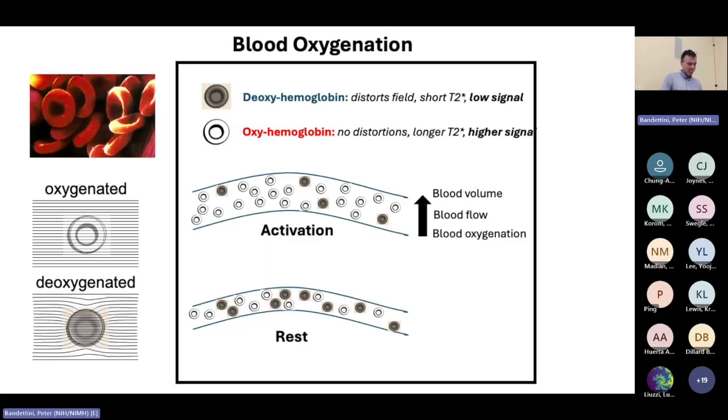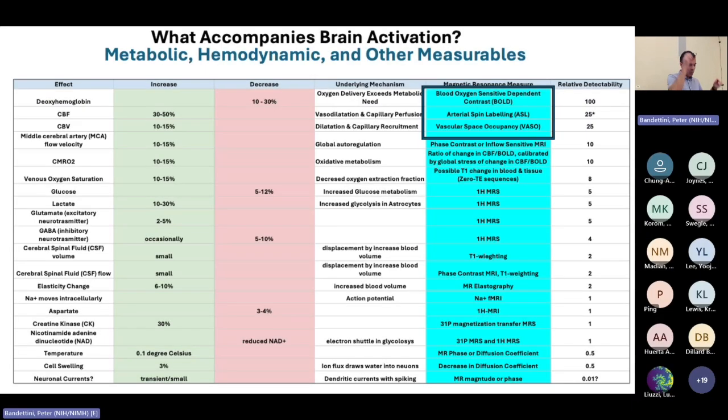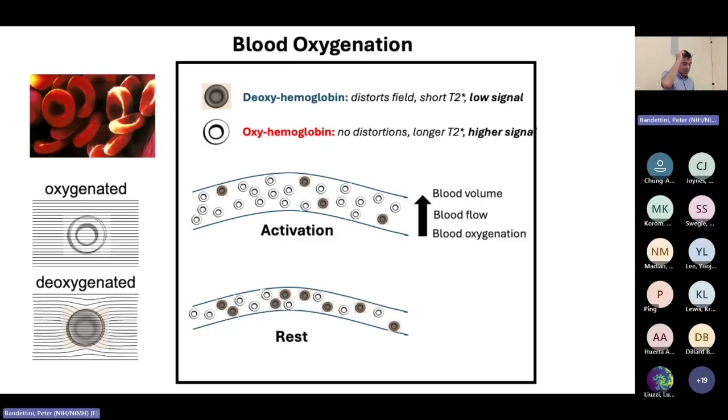All right, good. I wanted to give that all up front because that's sort of the big picture. And I'm mostly going to be talking about what's in the box there, and mostly BOLD contrast for the most part. Okay, so once again, just to keep on hammering the nail in, this is a nice schematic of during activation. So just to review what I talked about